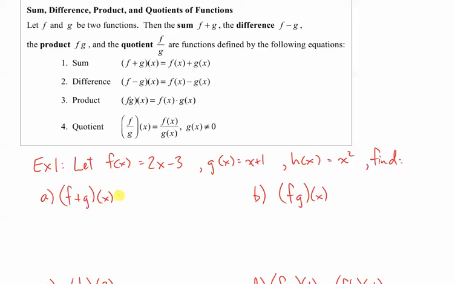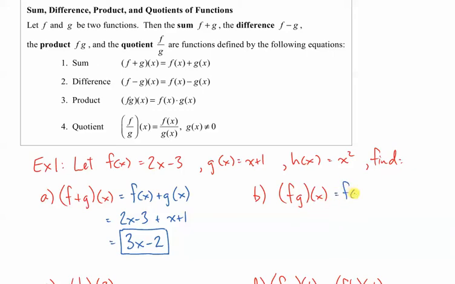All right, hopefully you've done that and you've got some answers to compare to what I'm about to write. When I write f plus g of x, just like it says above, it's f of x and g of x. F of x is 2x minus 3, g of x is x plus 1, so combined I have 3x minus 2. That's the result for A. For B,